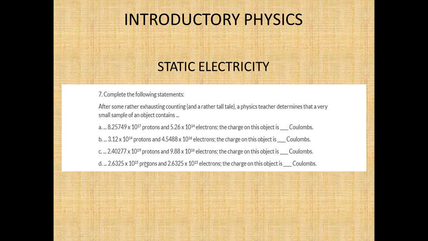So when you subtract from 8.257749 times 10 to the power 17, you just want to find the excess amount of protons, and you subtract the electrons from that. So 5.26